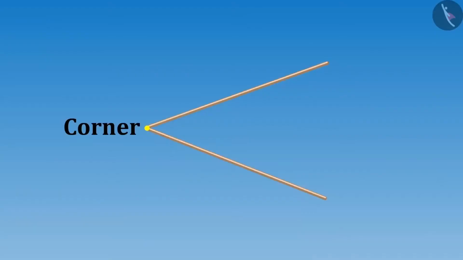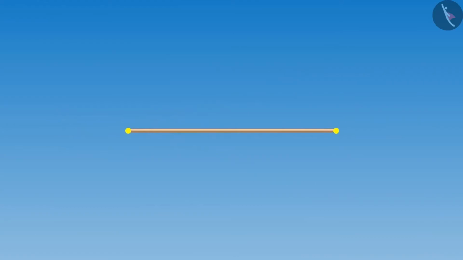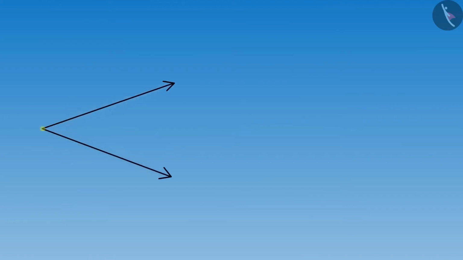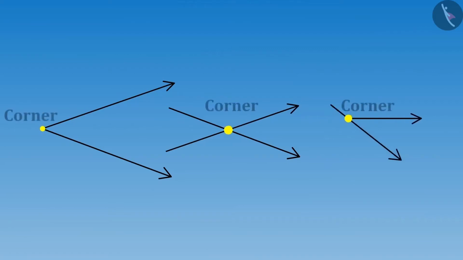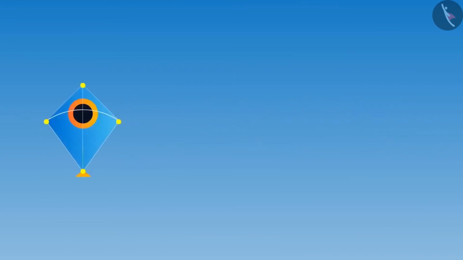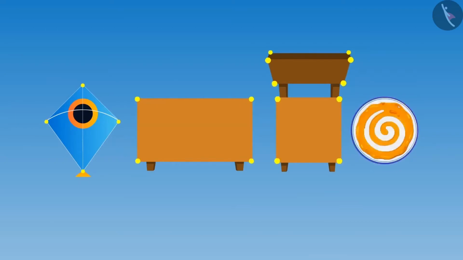Look here, Riva. If I join two sticks like this, what appears in between is called a corner. But if I take one stick, there will be two endpoints on it, which means there would be no corner there. That means when two lines meet at a point or cross each other at a point, then a corner is formed there. So sister, does this mean that corners are only formed in objects like kite, table and a chair? And the shapes of jalebi and plate do not have corners?